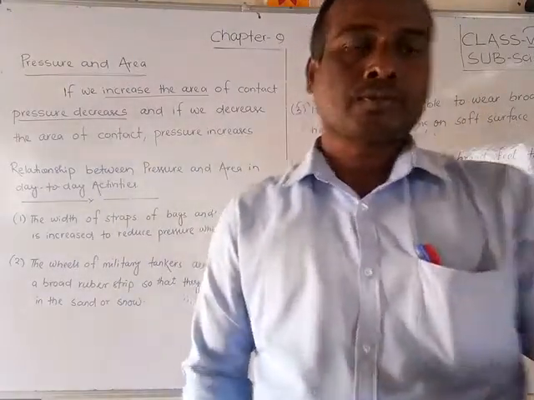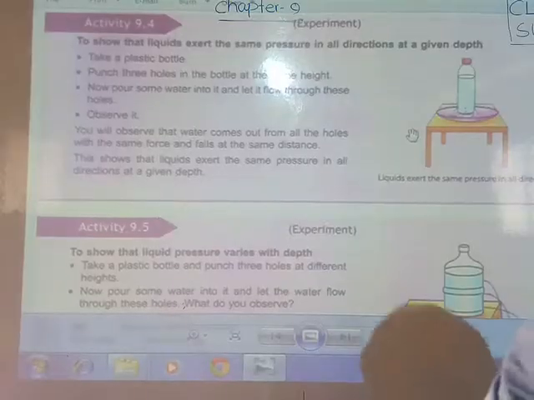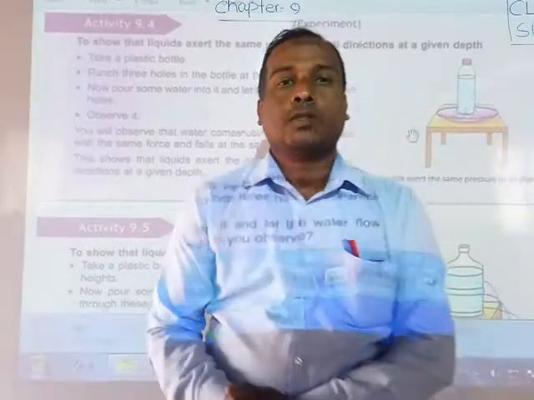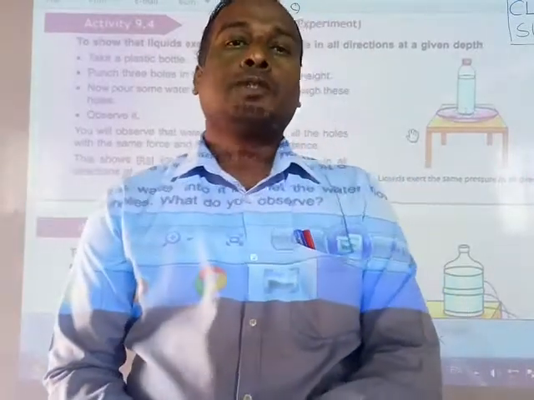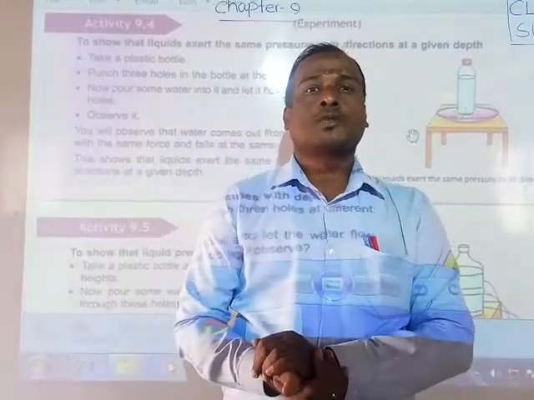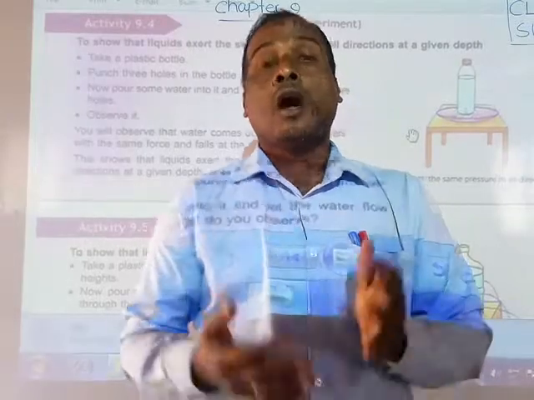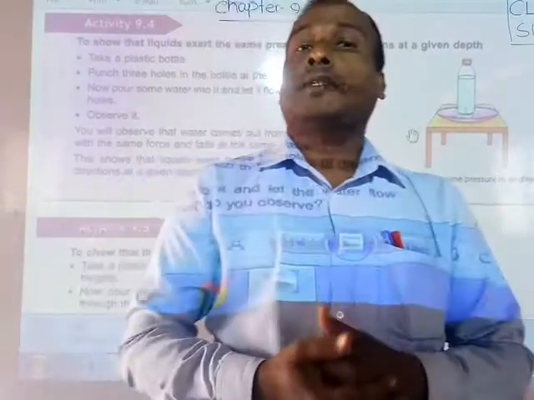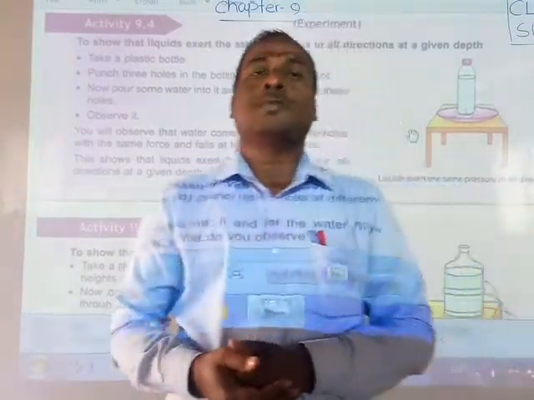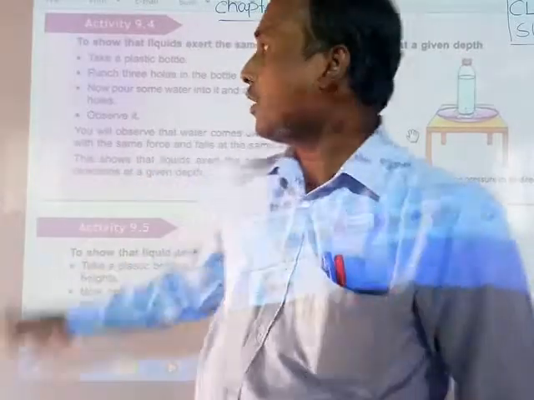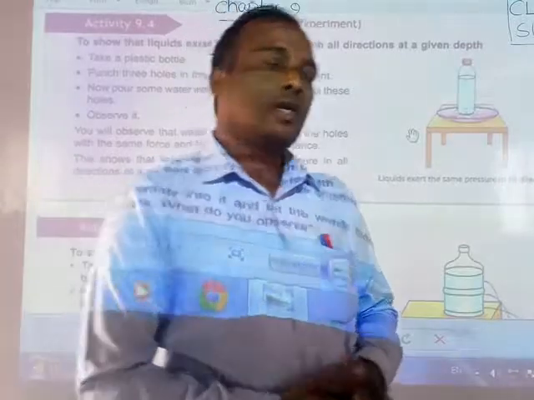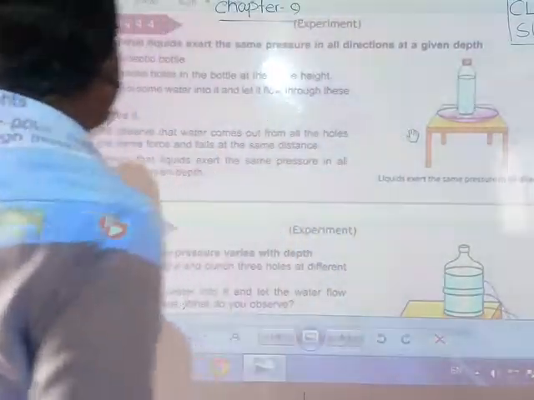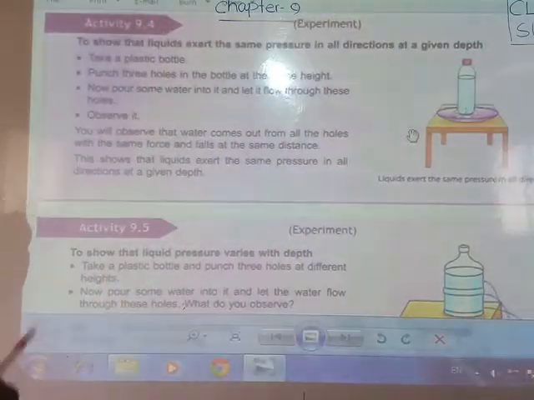liquids. Okay friends, now I will explain the pressure exerted by liquids. In previous science activity days we have already shown many experiments of how water exerts pressure. You have seen so many activities, but here also I will show how water exerts pressure. Okay, so see students, activity 9 is in your textbook also, friends, you can